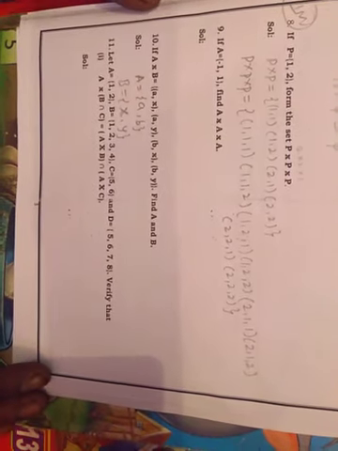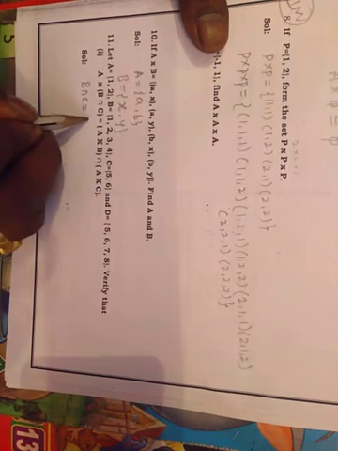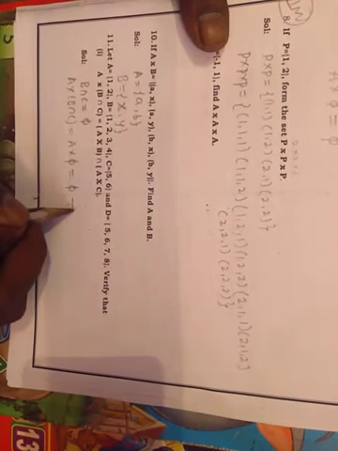Next question. Question number 11. Let A equals {1, 2}, B equals {1, 2, 3, 4}, C equals {5, 6}, D equals {5, 6, 7, 8}. Verify the first one. First you have to find B intersection C. B intersection C is equal to empty, there is no common element. And after that, A cross (B intersection C), so that is A cross empty. You know very well it is empty. Equation number 1.